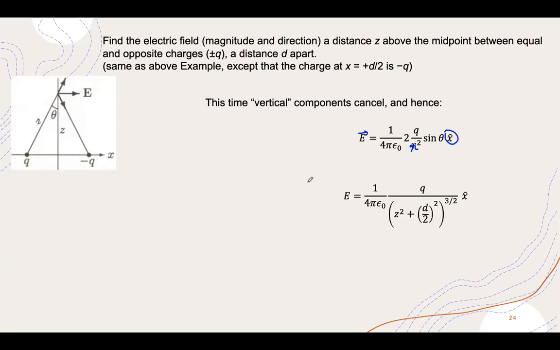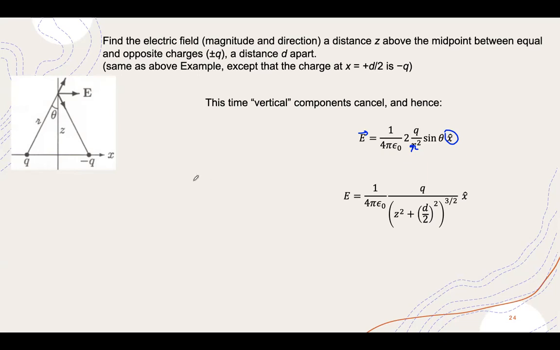It is very easy to calculate. Once you put sine theta, you're going to get some expression like earlier it was Z by R. Now it will be D over 2 divided by Z, right? Because this is a perpendicular and this is the base. So your sine theta will be,